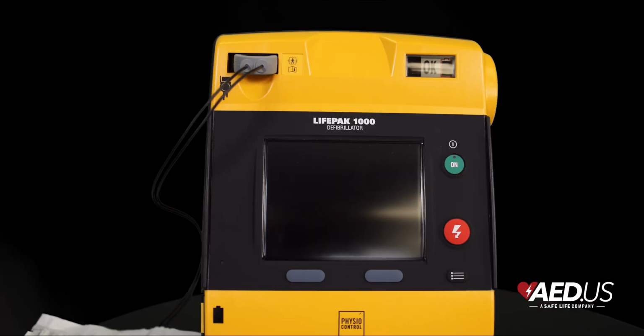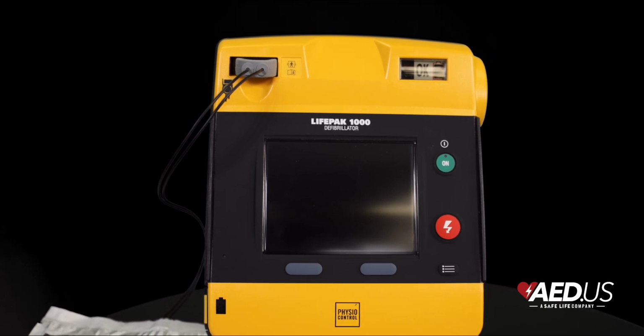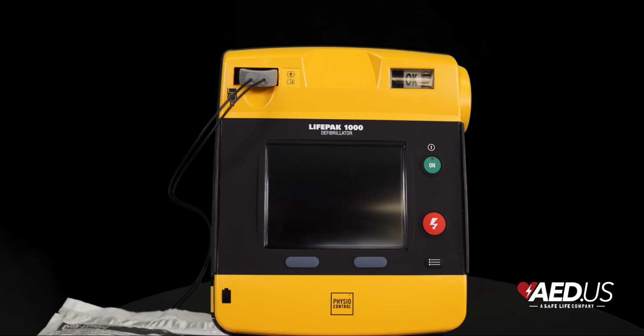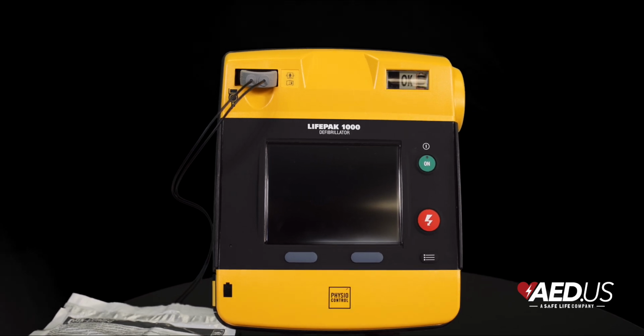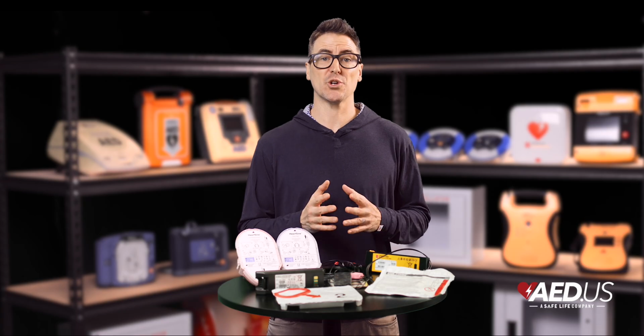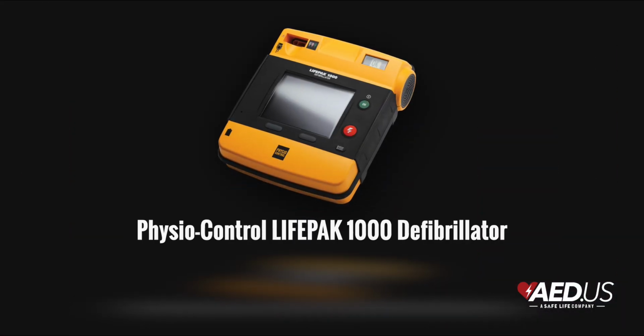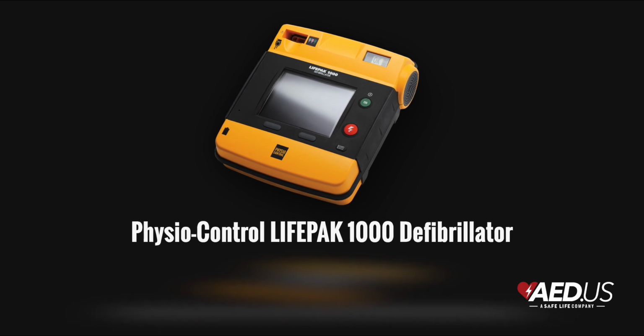continuous monitoring. For the LIFEPAK 1000, available in both ECG and graphical display models, it uses Edge system pads, which are also pre-connected and compatible with both adults and children. Its durable lithium battery lasts up to 5 years in standby mode, delivers 425 shocks, or supports 17 hours of